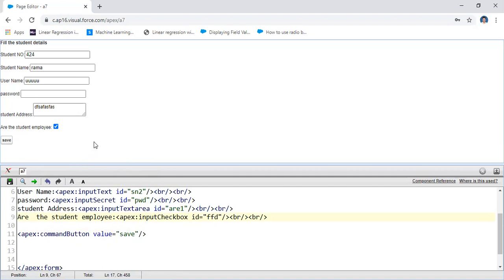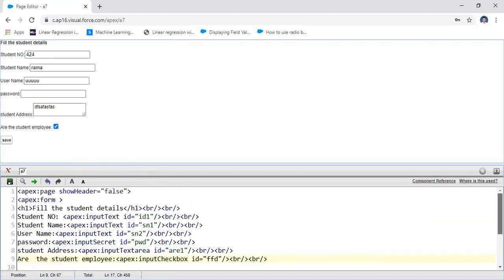Next, in order to display the information typed here, that information is displayed by using some class. If you want to write a class, you require a controller. In this way you will apply all the input fields. Okay, thank you.